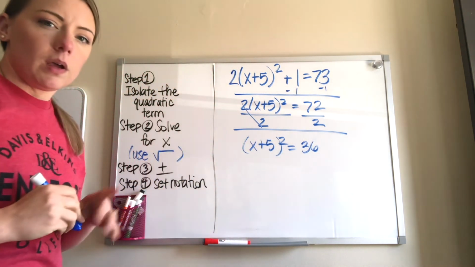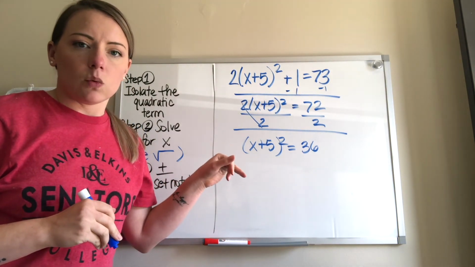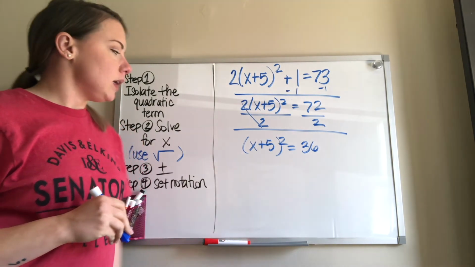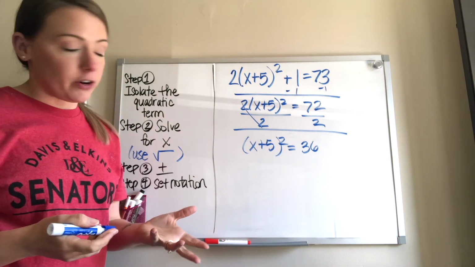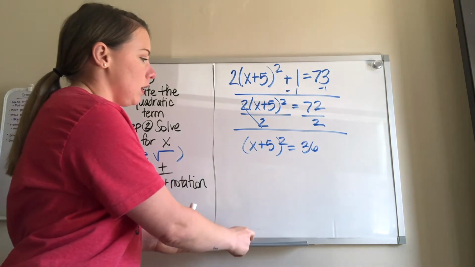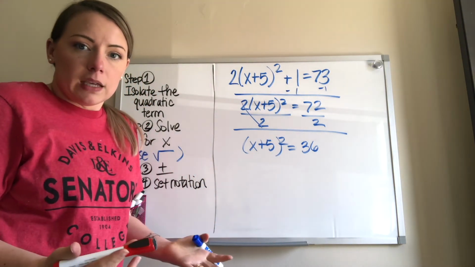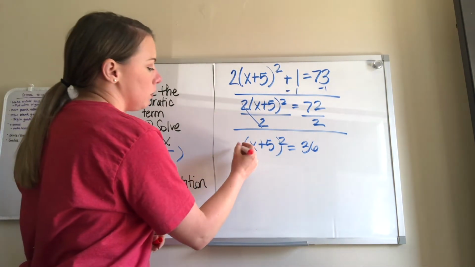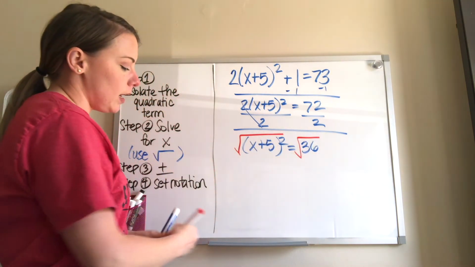All right, so I have my quadratic term isolated, and it's equal to 36 at this point. Now I'm going to go to step 2, which is I actually want to solve for x. So when I'm solving for x, that means I need to get rid of this exponent of 2, and again, what cancels out an exponent of 2? A square root. So I'm going to take the square root of both sides of my equation,